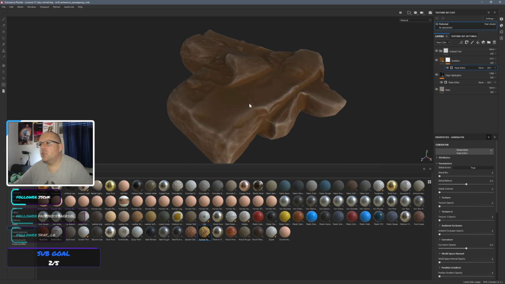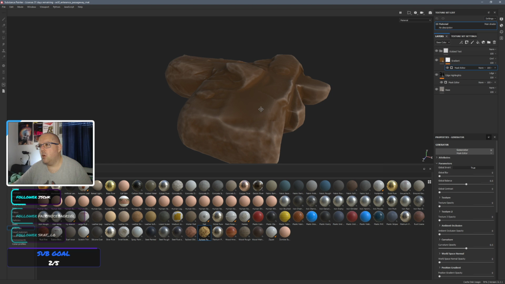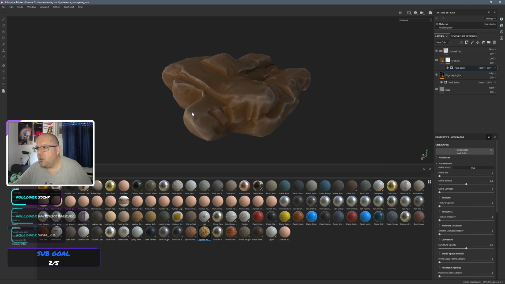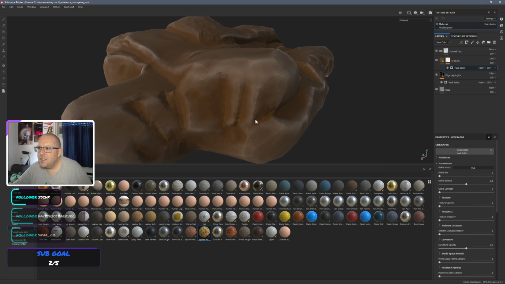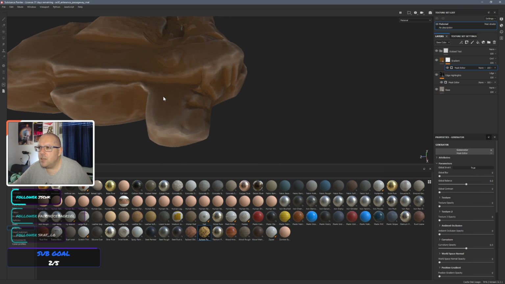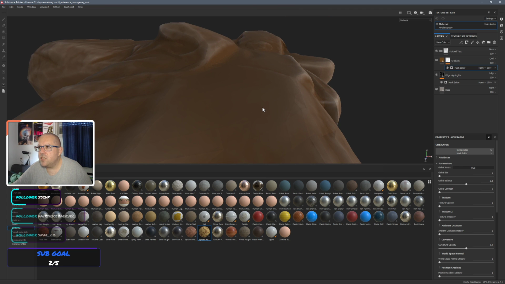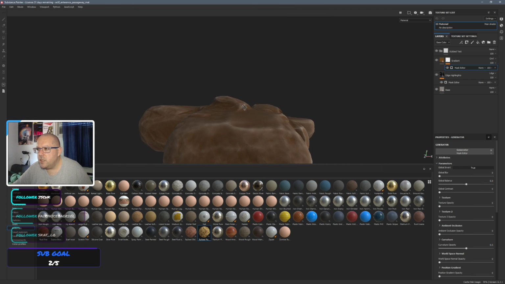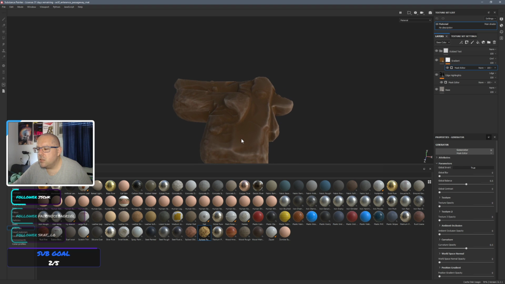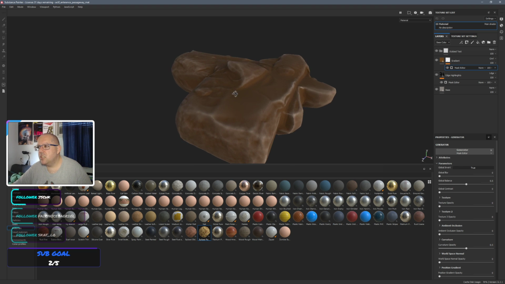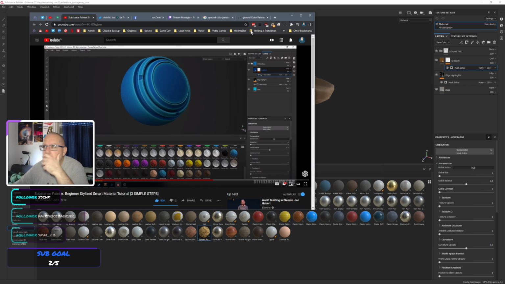Oh, that's cool. The color is horrible, but that's cool. And I also think that it kind of compensates for some of the low poly details. Not like this color, but